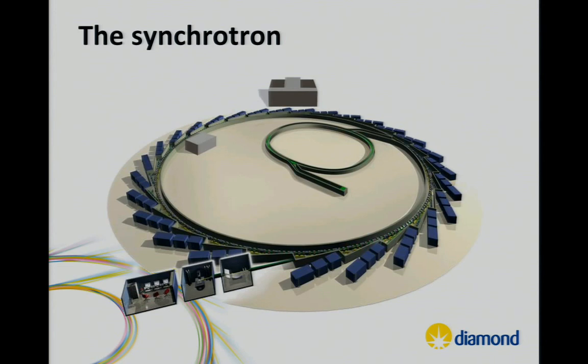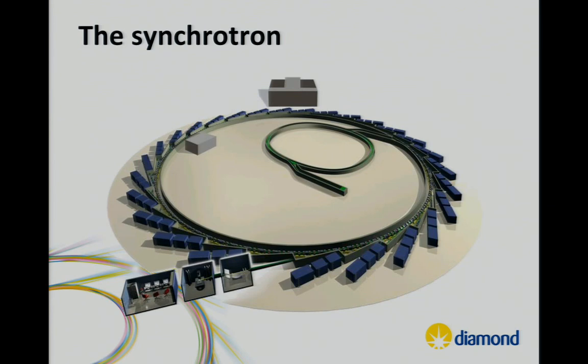This is what it looks like from the outside. It's a big donut building. And on the inside of that, you have a structure like this, where we have a ring around the outside. Electrons move around that ring. They get wiggled around and bent at bending magnets, and each of those positions, beams of light come off, and